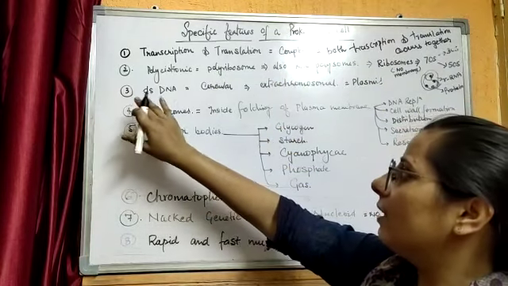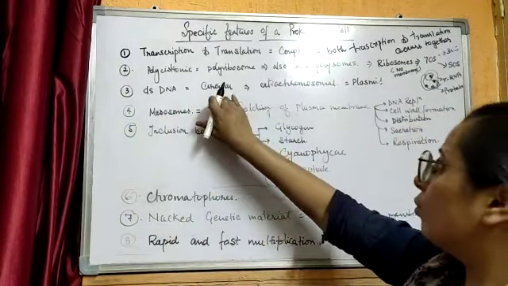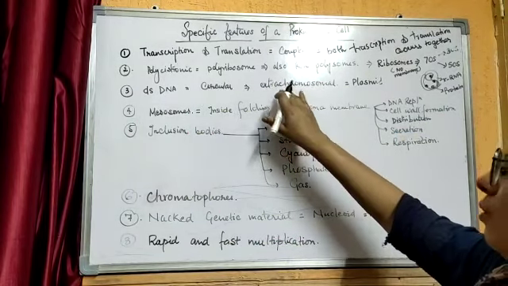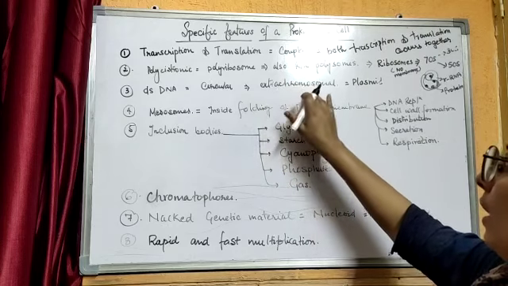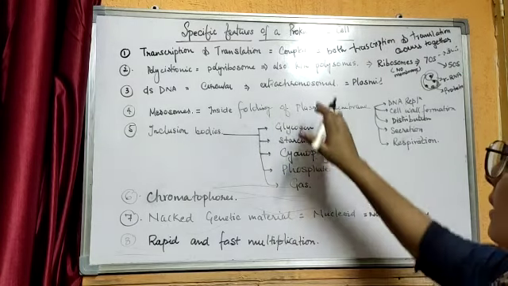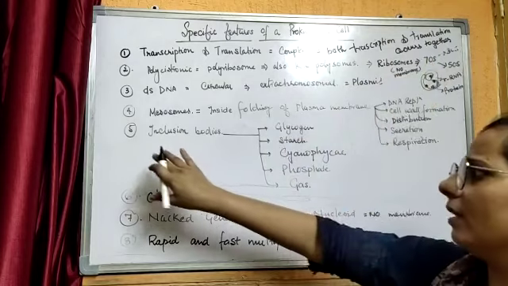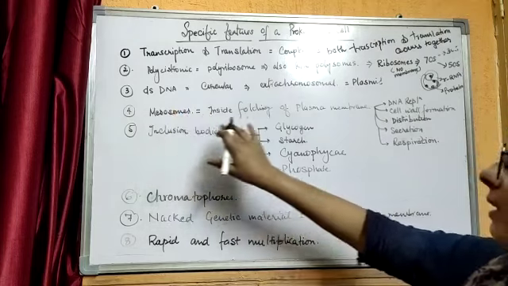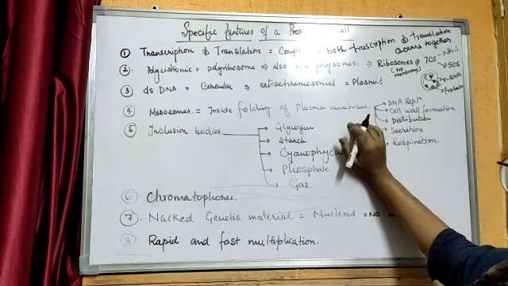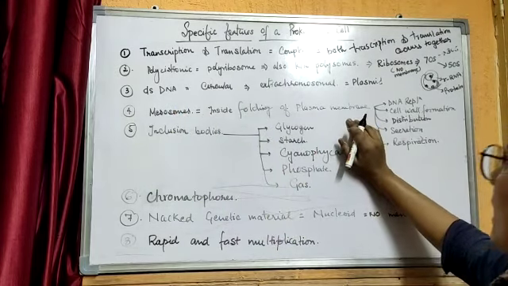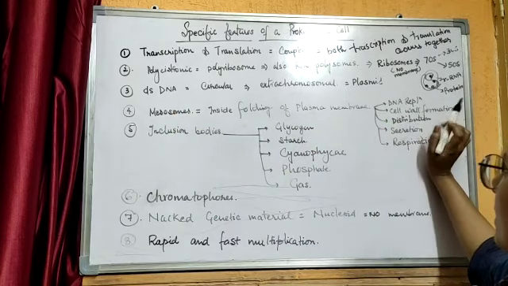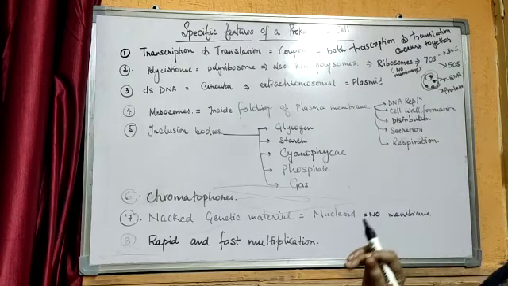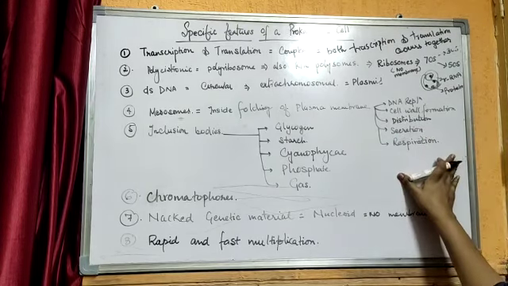The third feature is double-stranded DNA that is circular and extrachromosomal, that is, outside the nucleoid, and it is called the plasmid. The fourth feature is the mesosome. This mesosome is nothing but an infolding of the plasma membrane, and it has a number of specific roles. It is involved in DNA replication, cell wall formation, distribution to daughter cells, and secretion and respiration processes.